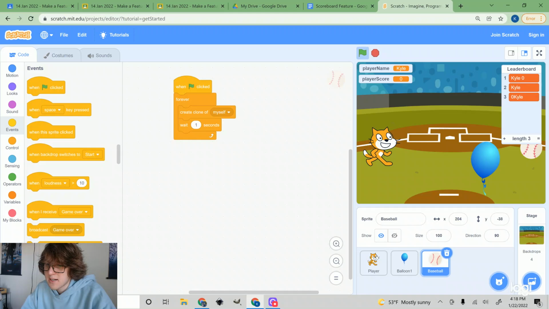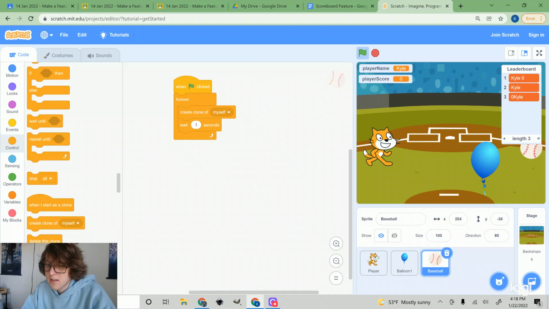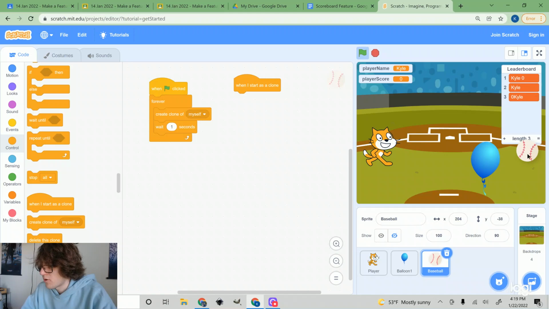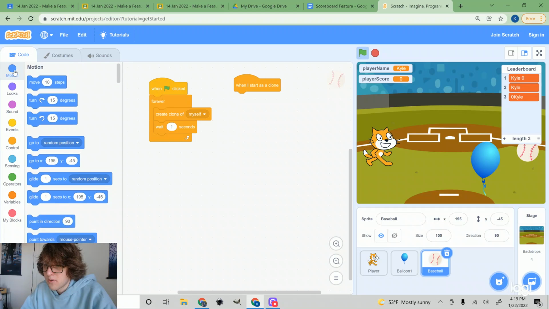So this event here says, or I think it's actually in the control. So when I start as a clone, what am I going to do? Well, as the baseball, I want it to move forward like it's being pitched, and then I have to dodge it. So when I start as a clone, I want to move, and there's a glide. There's like a glide function, and this will be cool. All right, so glide,